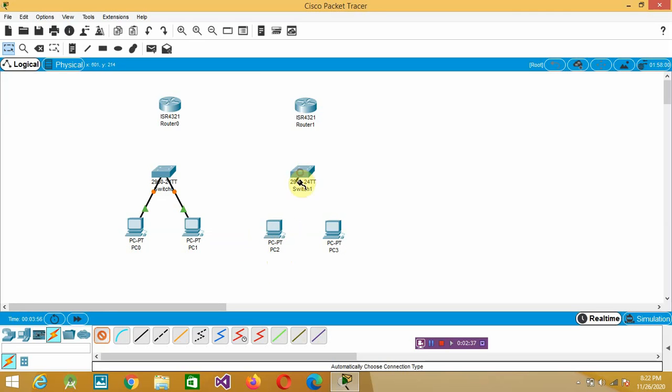Again the same procedure is applied to the other network. I click on my PC, again select automatic selection of connection and click on both the devices. Now I have connected switches to both the workstations, but this network is still incomplete. To make it complete, I have to connect the switch to the router and this router to the other router